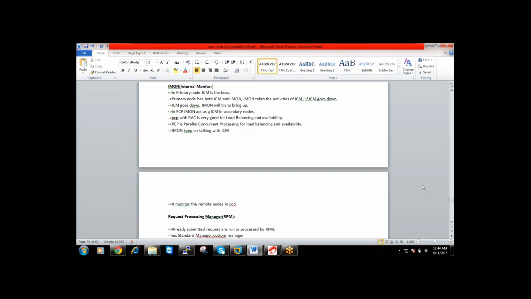Next, internal monitor. This is the third special manager we have seen. In the primary node, ICM is the boss. Let us assume you are managing your Oracle application concurrent managers in 3 nodes. Are you getting the point or not? You are managing your Oracle applications in 3 nodes. So it means,